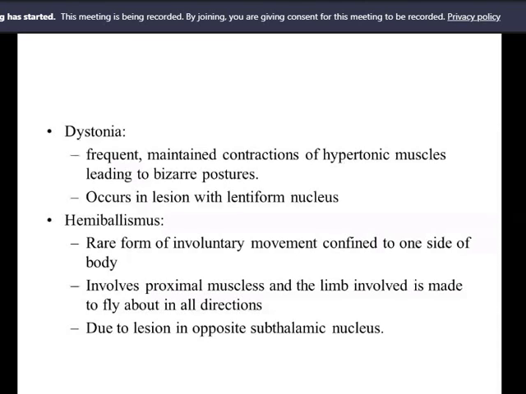Hemiballismus, a rare form of involuntary movement confined to one side of the body, involves proximal muscles, and the limb is flung about in all directions. So the person